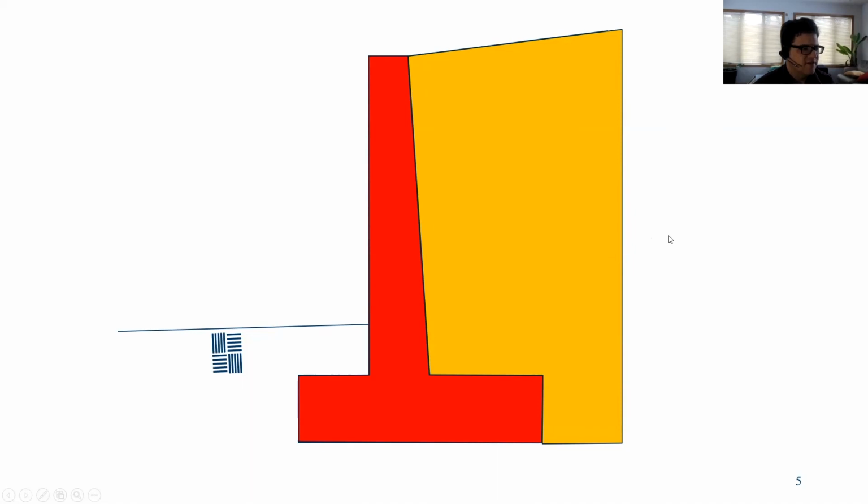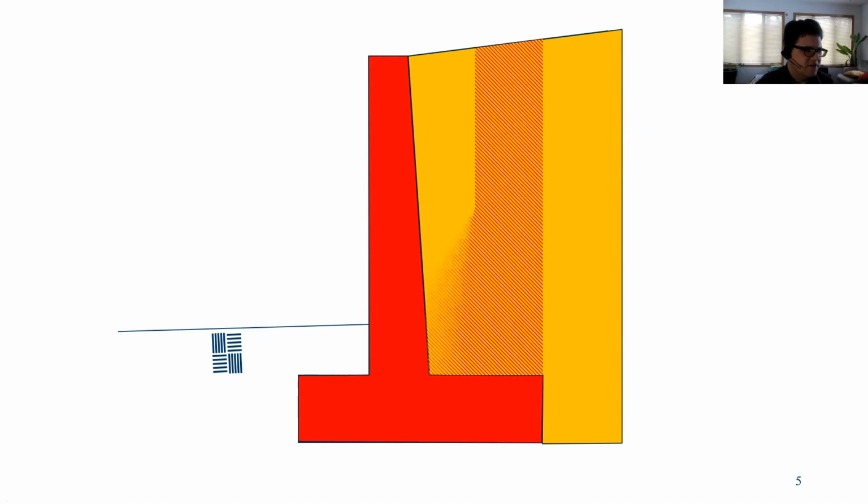For these types of walls, you have an added advantage, and that's the material over what we call the heel of the footing. So you have this toe of the footing and the heel of the footing. It does try and push the wall down. It's pushing out on the wall, but it's also adding weight to the wall itself because it's over its footing. So it resists overturning. So it's sort of part of the wall, but isn't part of the wall. So we have that hashed area there. So that's basically how any CIP wall works.